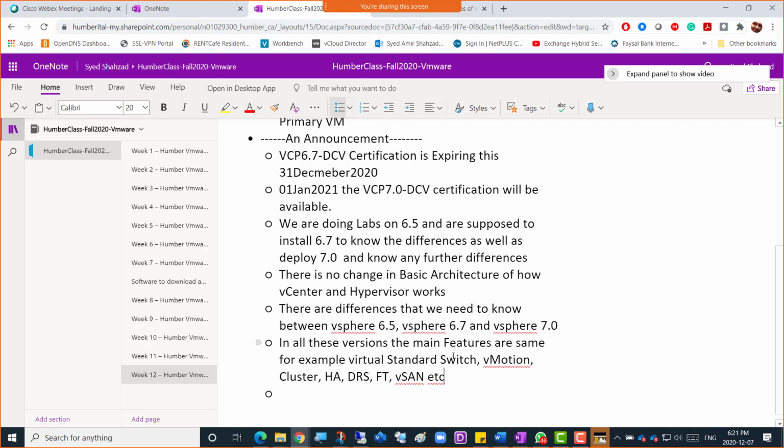Olatunde asks, are we going to talk about VMware Horizon in this course? Yeah, sure, but there will be no lab for that. Horizon is not a part of VCP-DCV. It's a separate certification. I can just tell you what it is, but it's like Citrix, application virtualization, so it's a totally separate course. This is a full data center virtualization course.